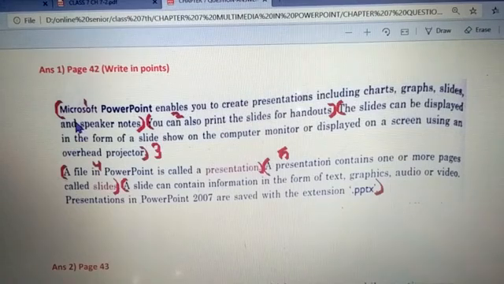Fine, first step you will write like this. First step, Microsoft, from here till here. Second step, you will write from here till here. Then third point, from here till here. Fourth point, from here till this presentation. Fifth point, from here till here. And sixth point, this till this. So there are 6 points to the answer of one question.